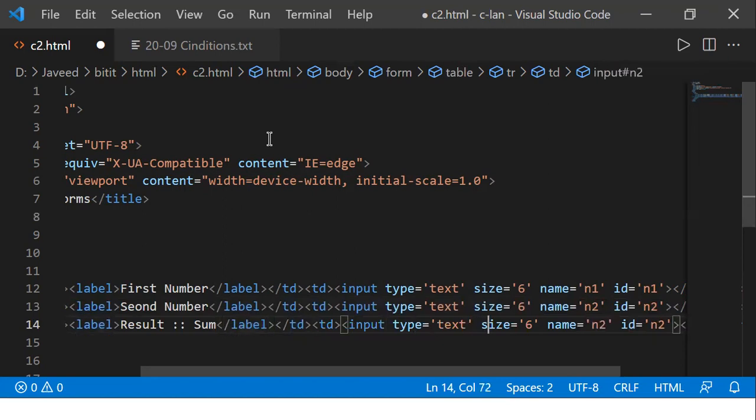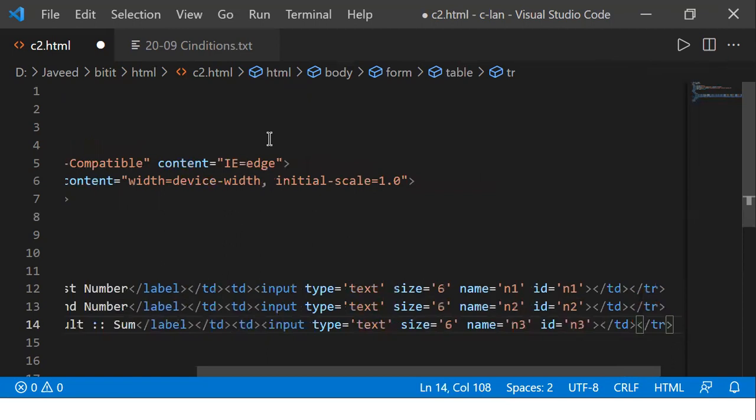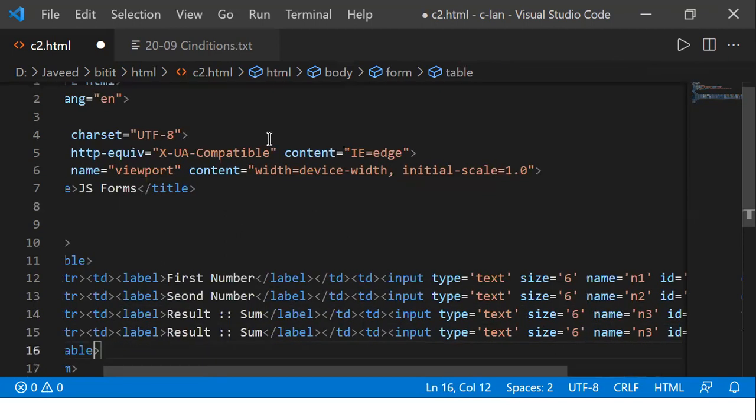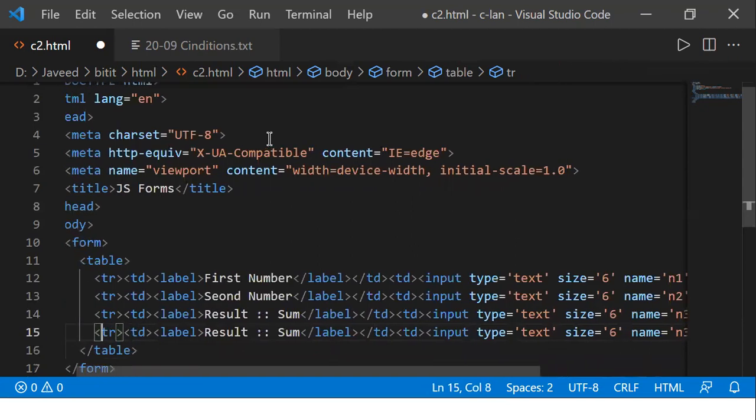For this I'm giving the name n3, and id equal to n3. This calculation we want to do when I click on the add button. For that, again, I don't want to have a label there.